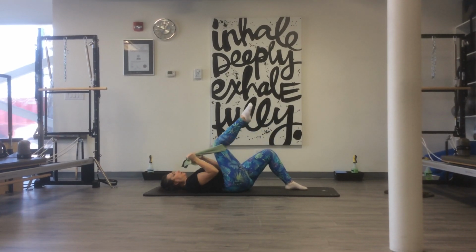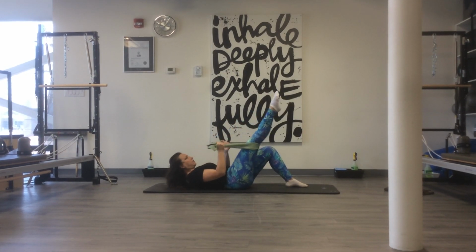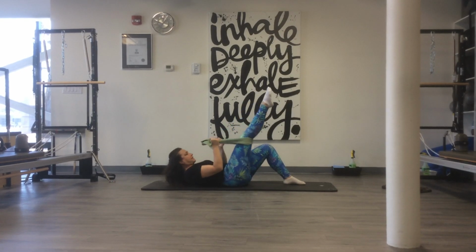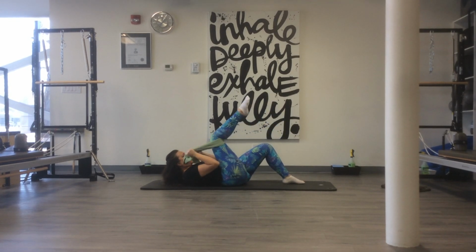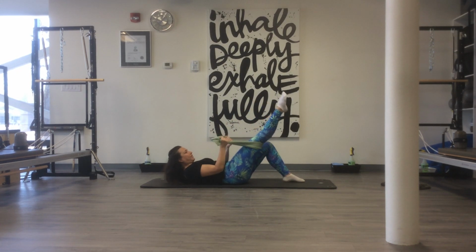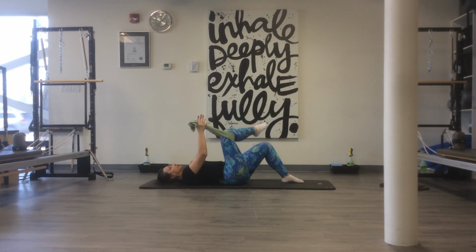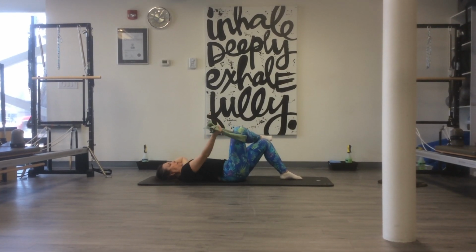1. And 2. And 3. And 4. And stay up on 5. And 1. Pressing into that towel with your leg. 2. Resisting with the shoulders. 3, 4, and 5. Cross your leg over, both ends of the towel go into one hand, the other hand behind your